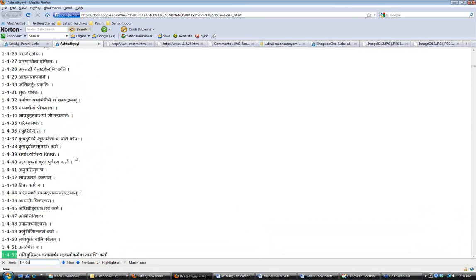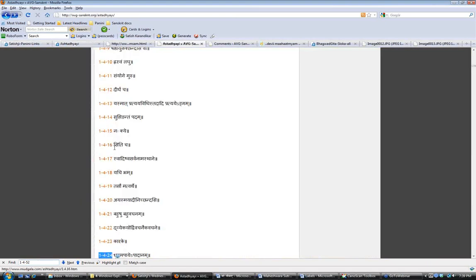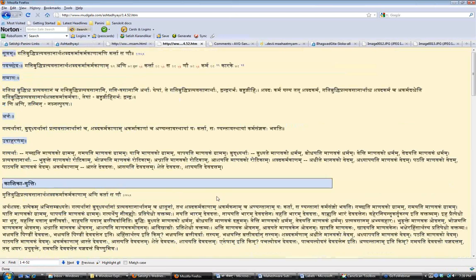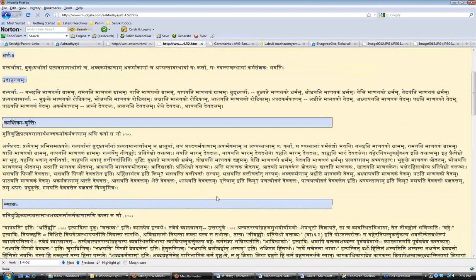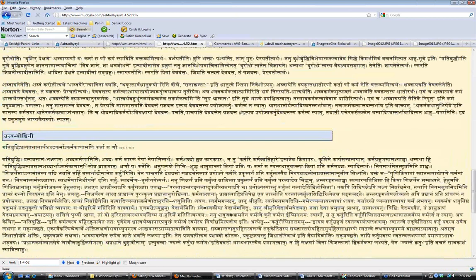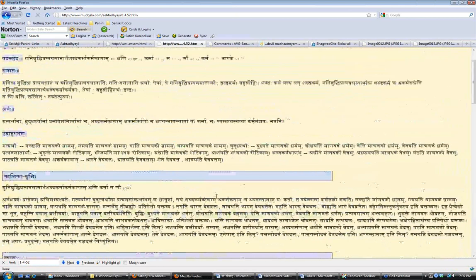In fact, let's go quickly and look at 1452. Let's see what the example is, the udaharanam in the Kashika. Okay, let's just go to the Kashika and see what example he gives.